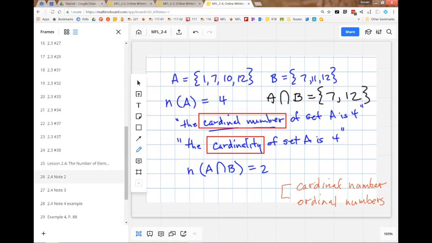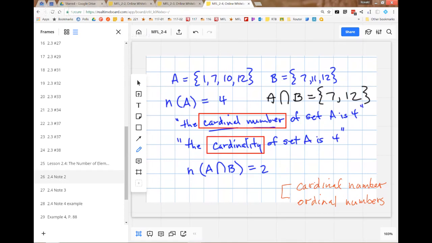Or let's say you're at the delicatessen waiting to order some cheese, and they made you all take a number. Your number might be 37. That's an ordinal number because it's telling you, you go after number 36. So that's it. It's not more complicated than that.